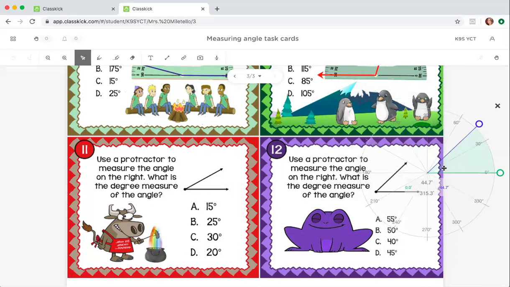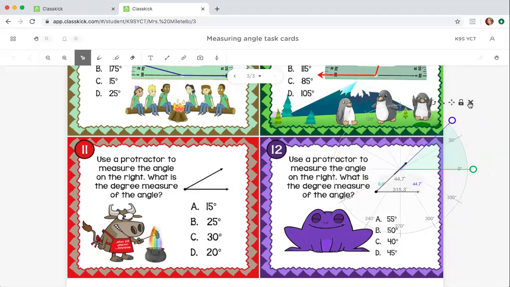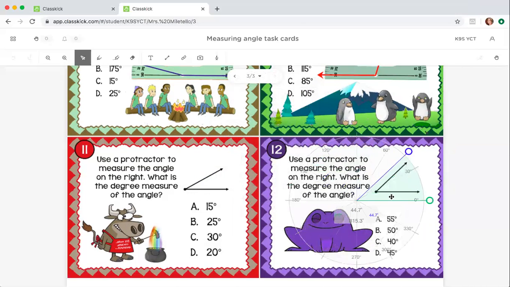So when you're done using your protractor, if you see this little X, it makes it go away. It gets rid of it. Oh, here's another tool I wanted to make sure I showed you. Where is it? Oh, there it is. You have to click it and then it automatically comes. So one of the other tools I wanted to show you